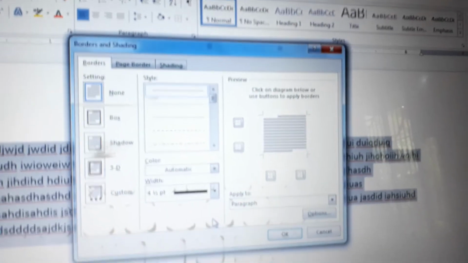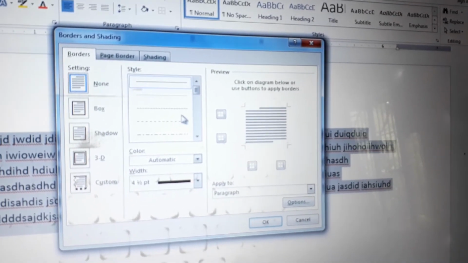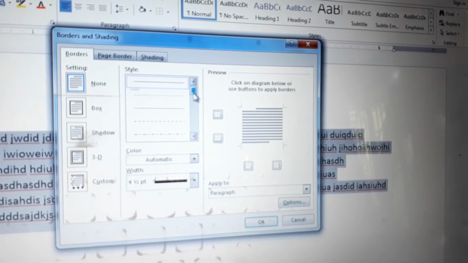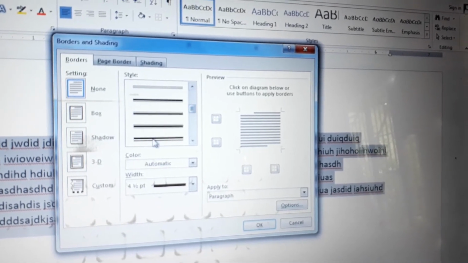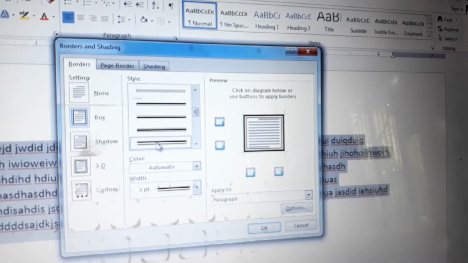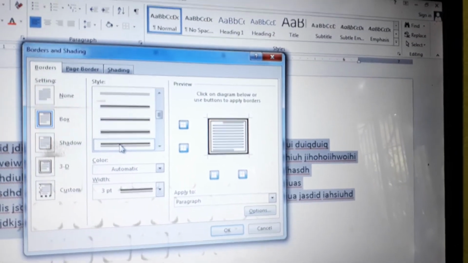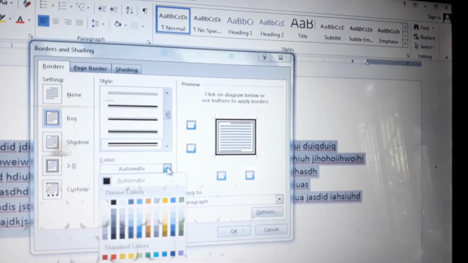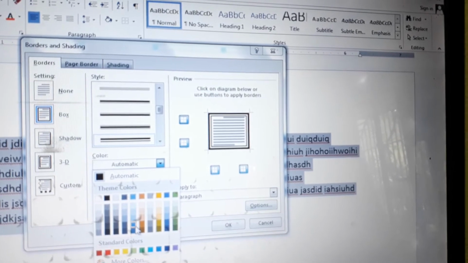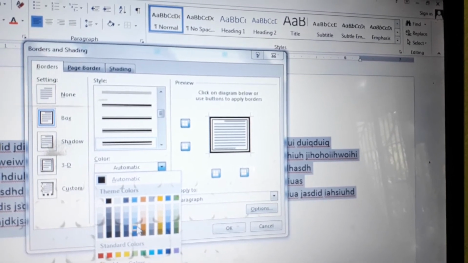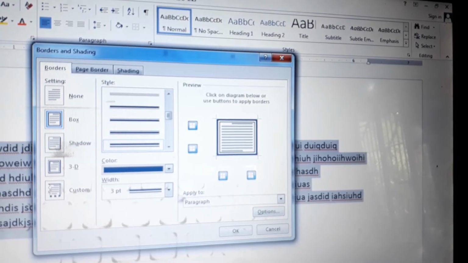So here I got the pop-up box. Here you can change the style of your line, which type of line you want. Here you are getting different options. I am taking a thicker one to make the thing more prominent to you, so I have selected the thicker one. Now if you want to change the color of your border line, that also can be done. It is black. If you want to make it blue or some other color, you can do that. To show you, I have selected blue color.